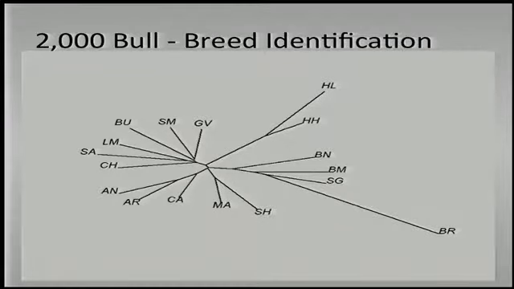And I've shown iterations of this before, actually, some in the weight trait project session I think last year, but I'll spend a little more time on it this year. You see some interesting things. If you're not familiar with the codes, AR is actually Red Angus rather than RA. But Angus and Red Angus are understandably the most closely related to each other,